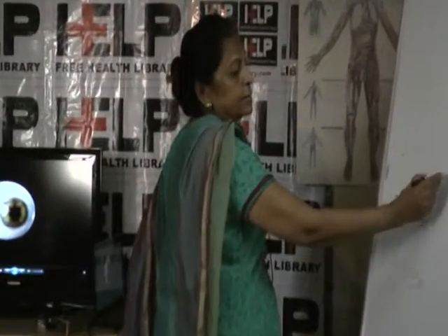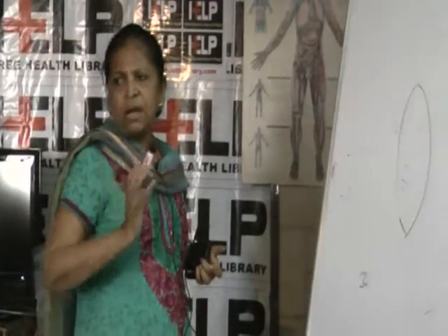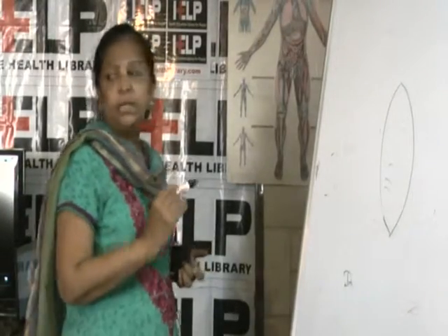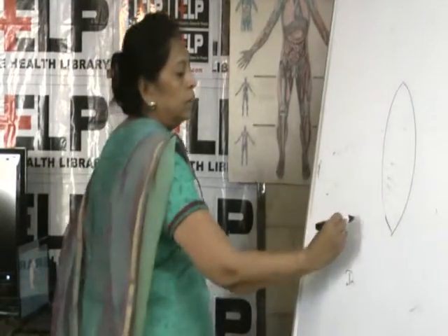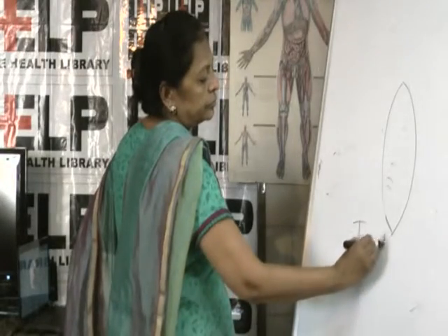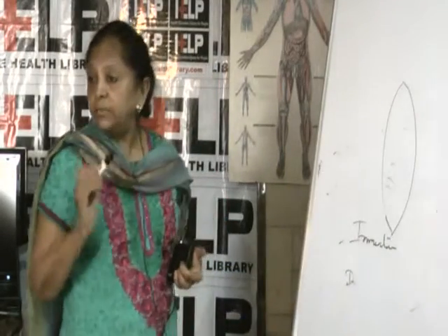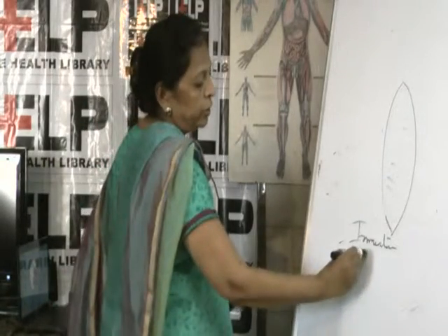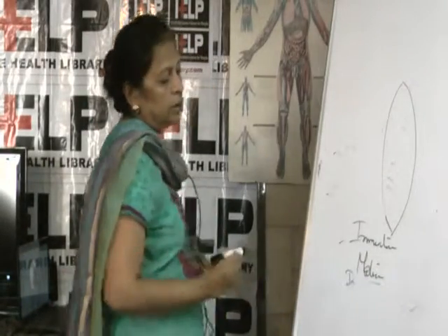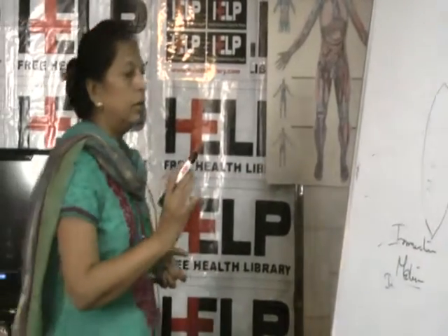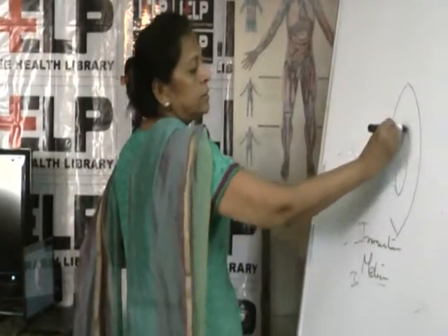In certain cases, to start with acquired cataract, the opacity is very less. It's milky white. Half is clear, half is not clear. So that is known as immature cataract. When the whole lens becomes opaque, that is known as a mature cataract. Again, if only the central part of the lens is opaque, that is known as a central cataract or nuclear cataract, because in the center there is a nucleus.